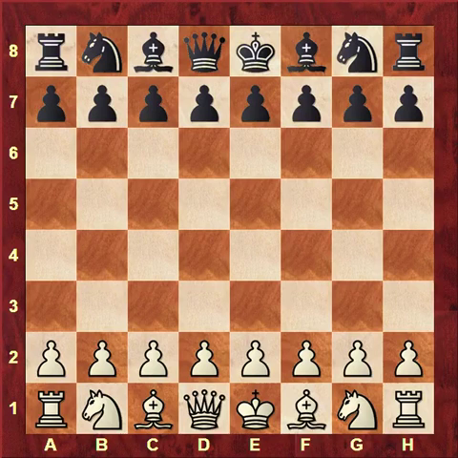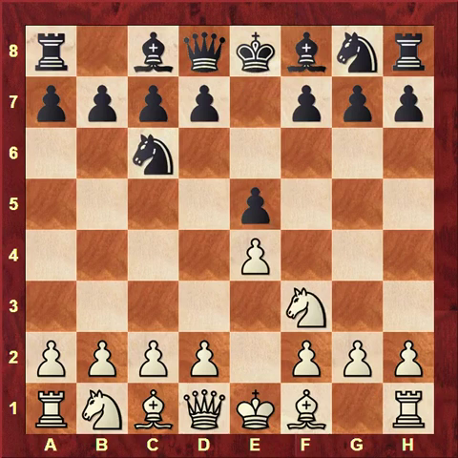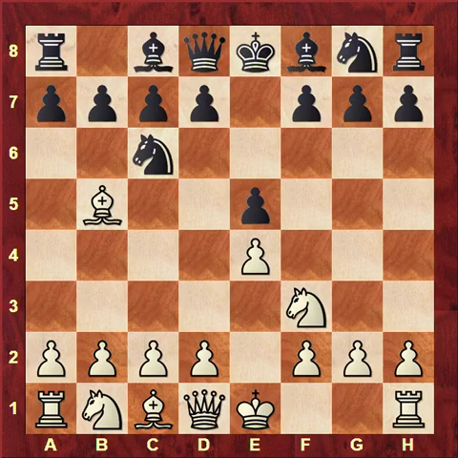Now we'll take a look at a high-level example from the European Championship 2012 between Inarkiev and Ivan Sokolov, featuring the pawn structure where black exchanges on d4 and fianchettos his dark square bishop. So the game began with a Ruy Lopez, and Sokolov has been perhaps the main pioneer of various alternatives in